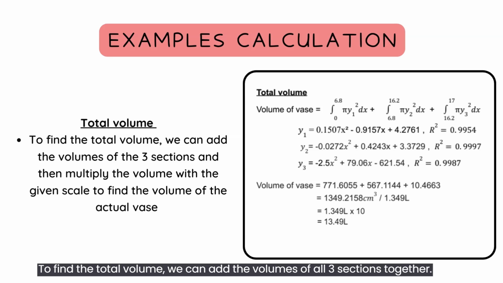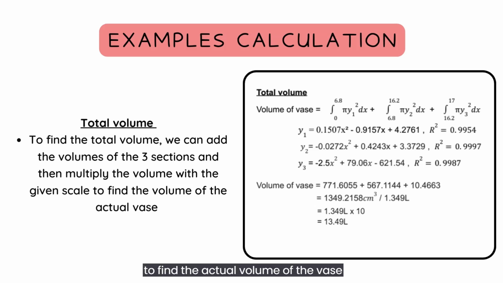To find the total value, we can add the values of all 3 sections together. Then we can multiply the value by the scale, which is 1 to 10, to find the actual value of the volume, which is